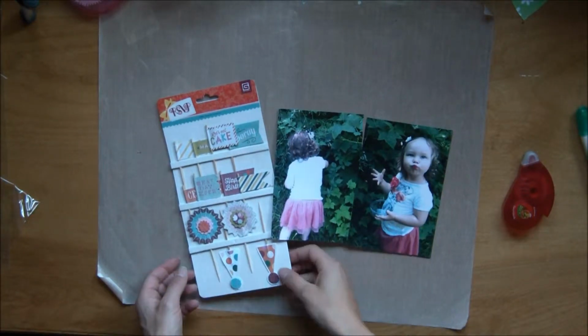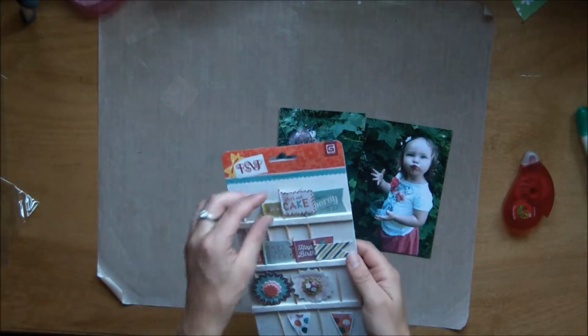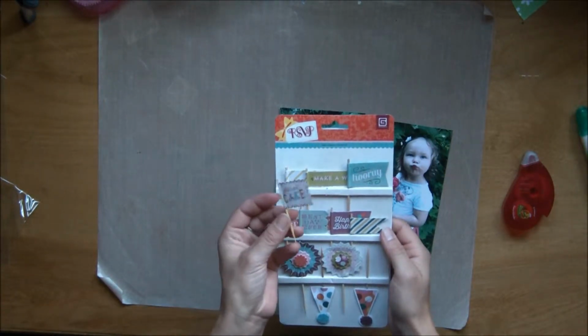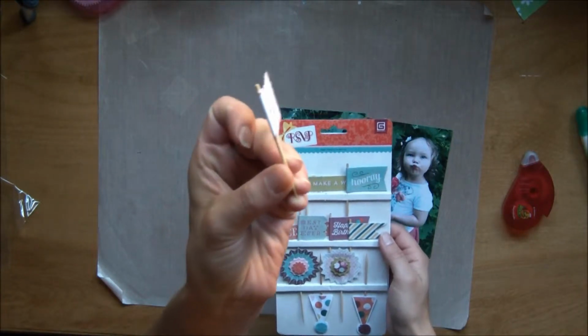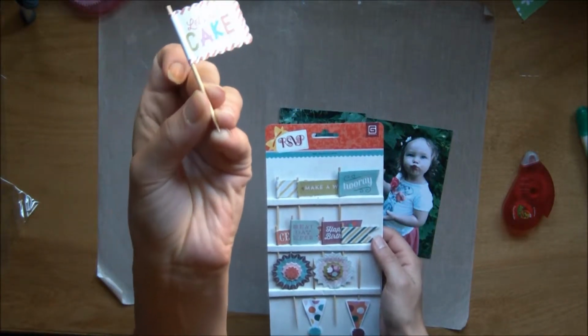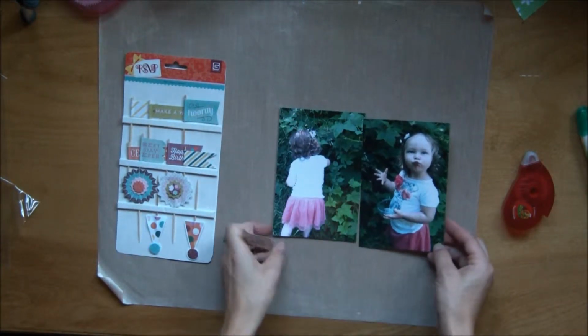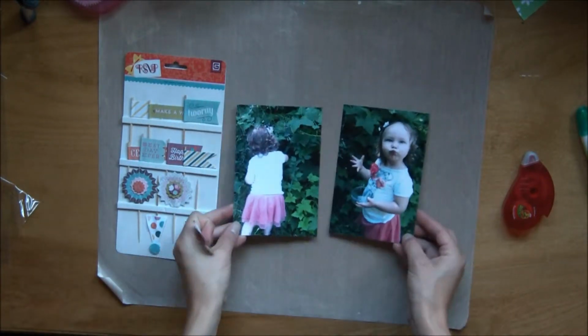This time I'm going to make a layout, and my inspiration for the layout was from the Basic Gray RSVP line, these little cupcake toppers, and this one in particular, it says, "Let's eat cake." And I have these pictures of my daughter Rainier eating some raspberries that we pick out in the yard that